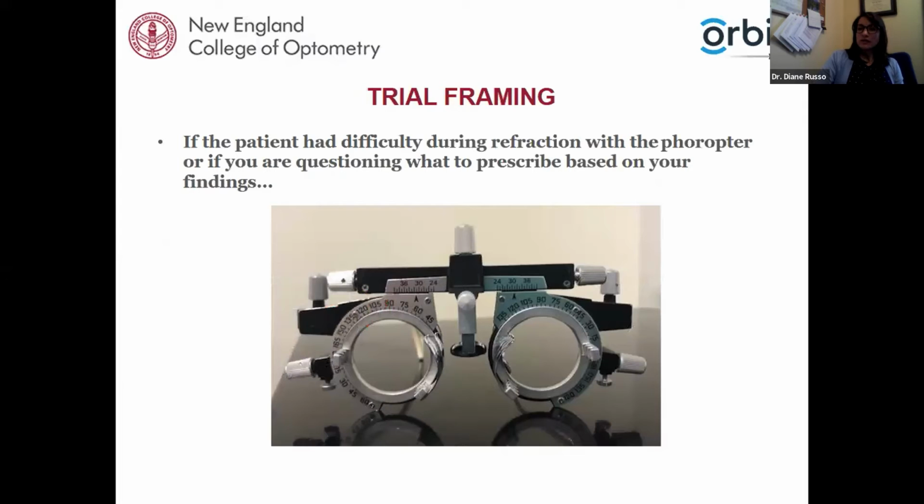If you're having difficulty during the refraction, let's say the patient's responses are not very decisive, or they're giving you, again, those inconsistent choices, and you're doing the best that you can to troubleshoot, but you're still not feeling very confident by the end of the procedure, it's always a good idea to then trial frame. So put what you think you might prescribe into the trial frame and make some changes from there to simulate a more real-world situation, take the patient out from behind the phoropter and show them what you're thinking of prescribing